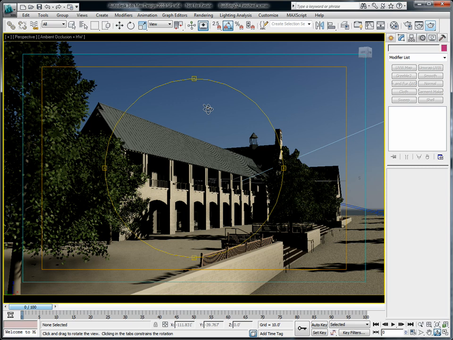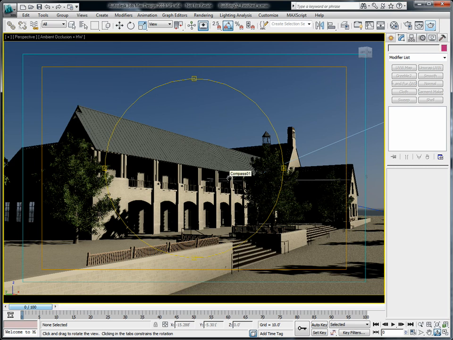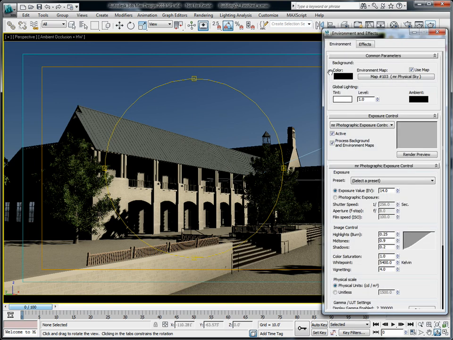And of course, there's a third way in which you just add a picture of the sky in post. But what I'm going to look at here is just the two methods. One, using a sky background, and then also using a picture of some clouds in the mental ray physical sky. Okay, so now since I already have the mental ray physical sky set up in this scene, let me just